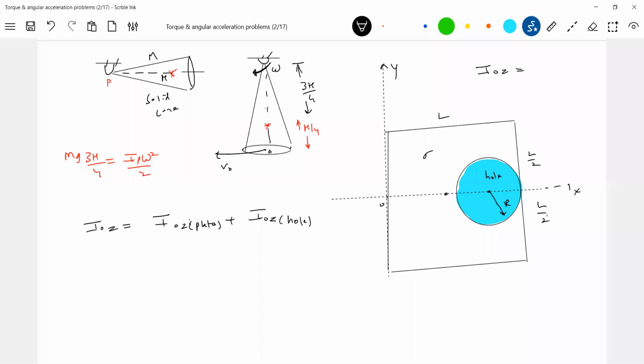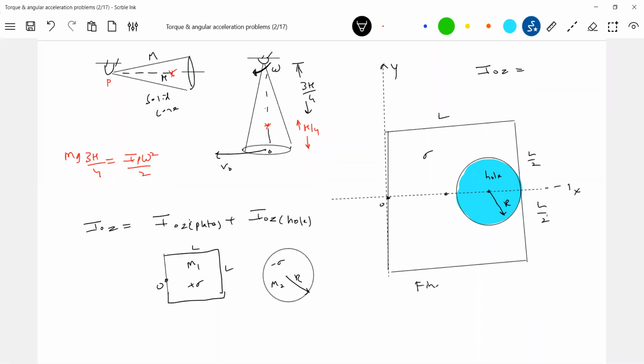What is the basic assumption we have to make? So this is like a plate. This is point O. We'll have a mass M, side length L, positive density. What about this? This is a hole of radius R, negative density, mass will be M2. And it will be at a certain distance about this point O. O is not the center of the hole. O is this one. The Z axis passing through the origin, perpendicular to the plane. I_OZ is what I wrote here.